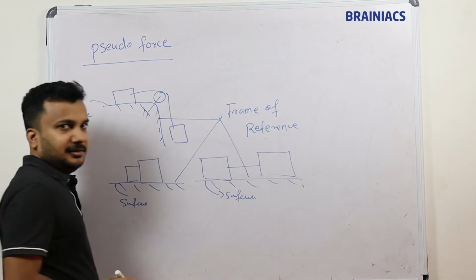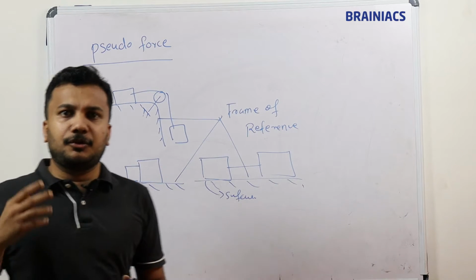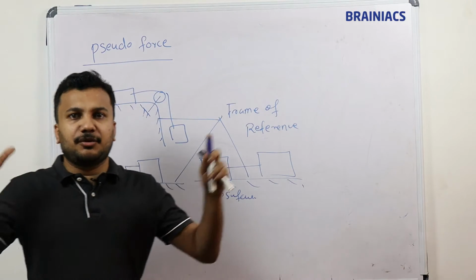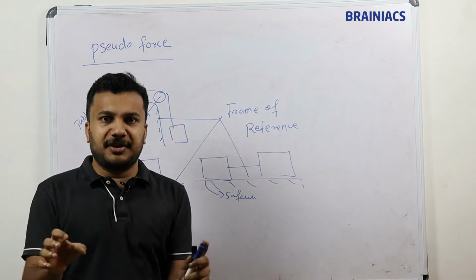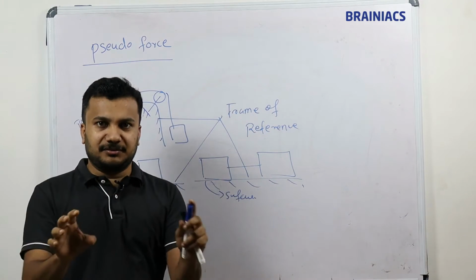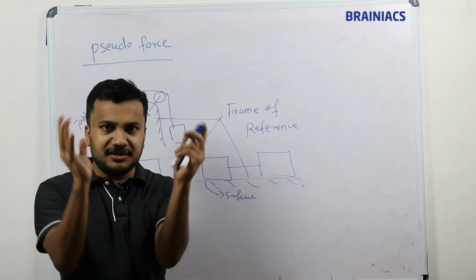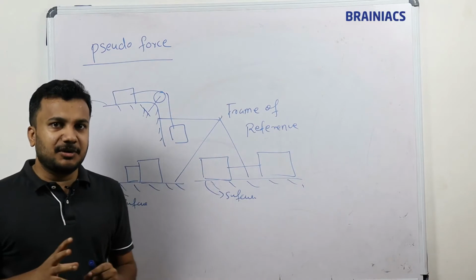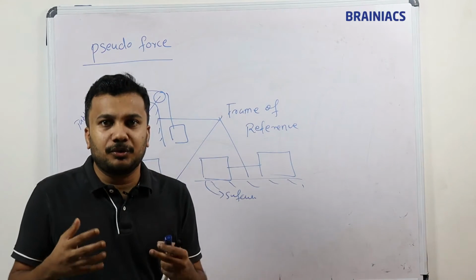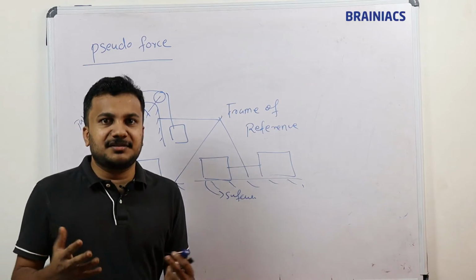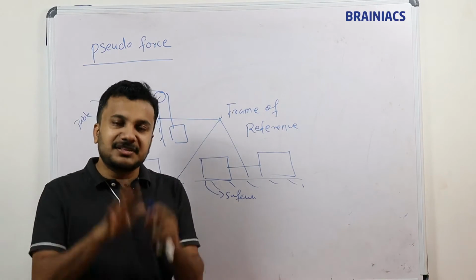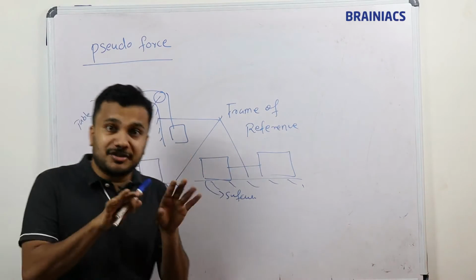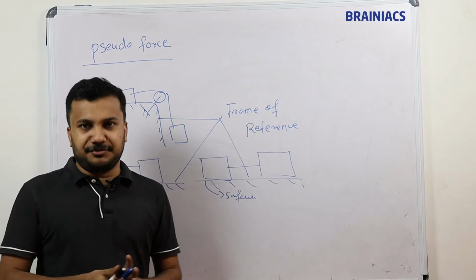You know what a frame is, right? Normally if you go into a studio and take a photo, it gets framed. Framed means there is a border, and inside it there is a static thing, our main photo. The same thing here. Wherever our photo is resting, I can say it is resting on a frame. In the same way, wherever our blocks are resting, that is called the frame of reference.